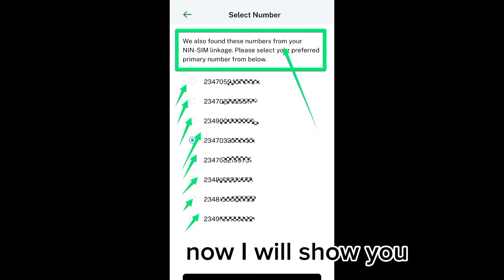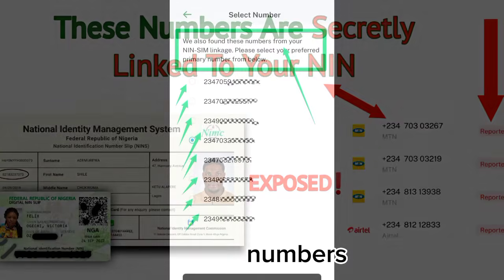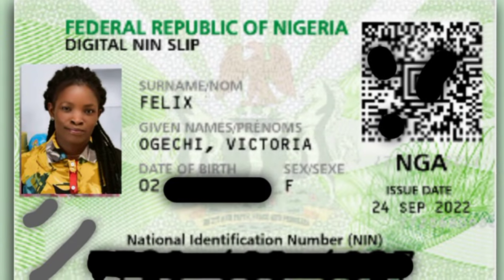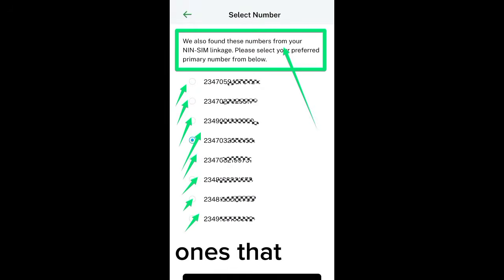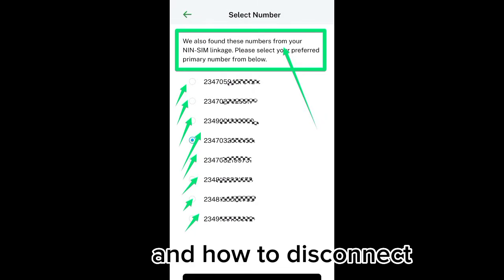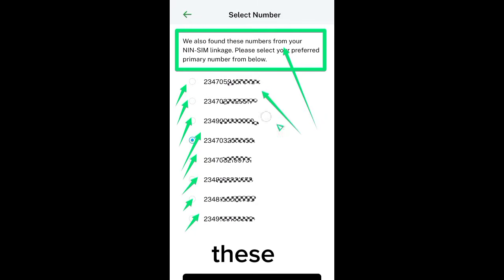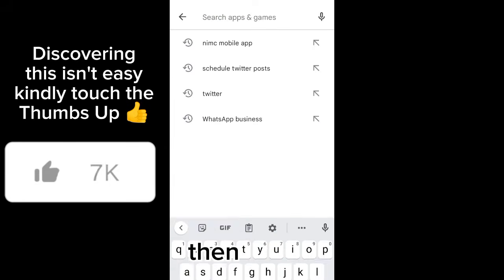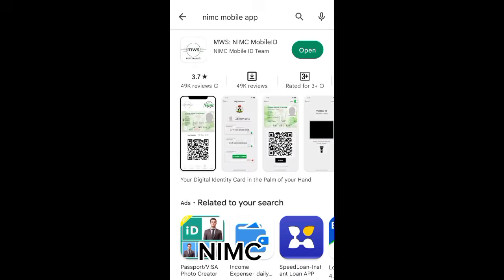Now I'll show you how to find out other numbers that were linked to your NIN without your consent, how you can see the ones that are actively using your NIN right now, and how to disconnect or report any of those numbers. Get to Play Store or App Store, whichever app you use, then you install the NIMC Mobile